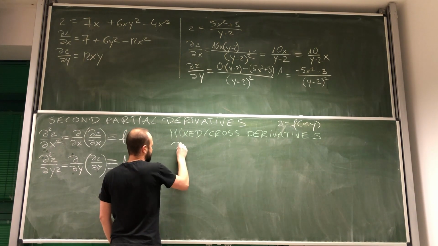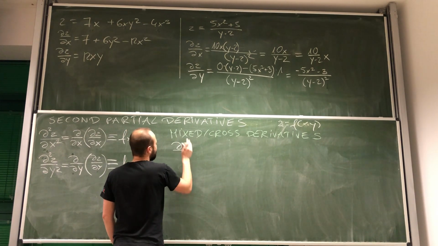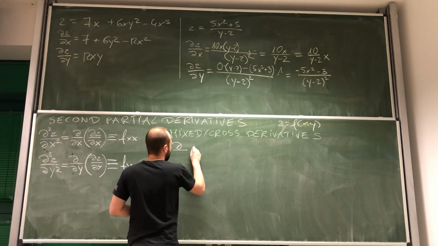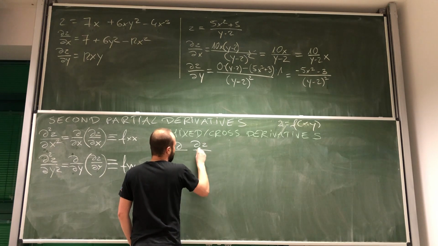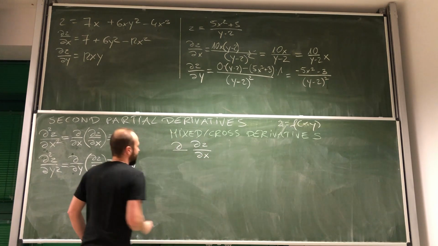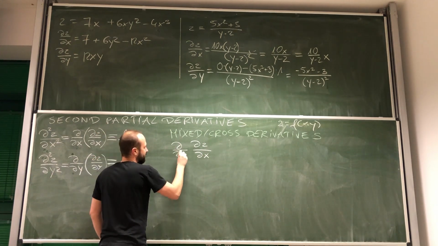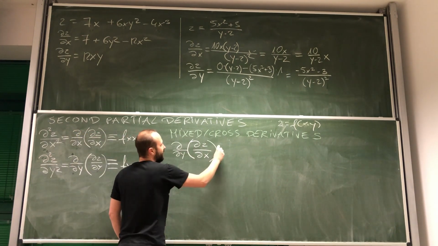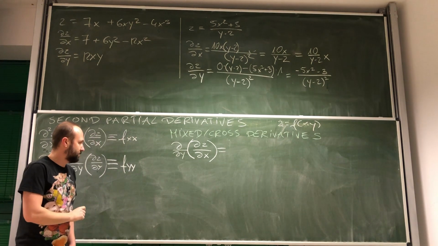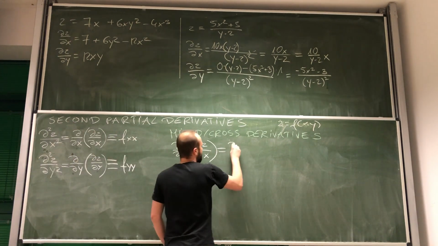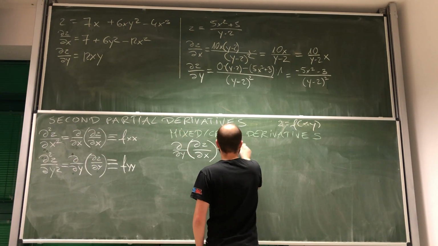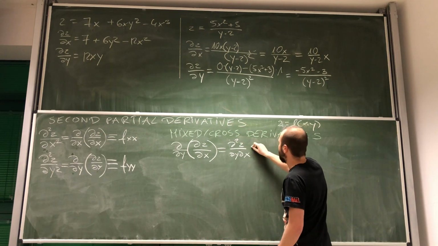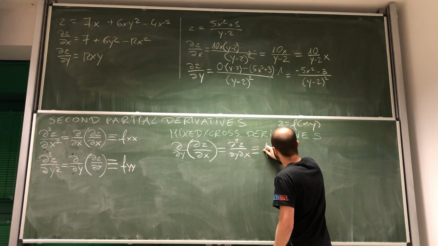Let's start actually from this expression. Look, I can take the derivative of z with respect to x, and I can differentiate it with respect to y. So what I'm going to get as a result is d squared z dy dx,